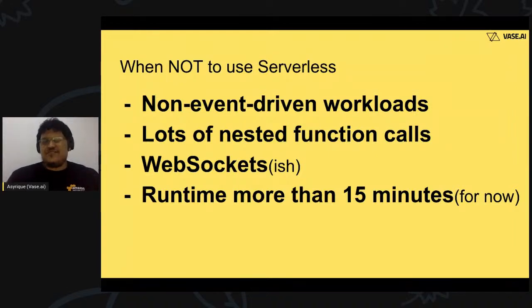Third one is kind of tied to the first one, WebSocket kinds of applications. So AWS has launched an API Gateway offering that can handle WebSockets, and it can call a Lambda on start of a WebSocket, on message in a WebSocket, and end of a WebSocket. But again, you need to think a lot harder. It's not a beginner level thing to make WebSockets work with Lambda. It's not very straightforward, like, okay, I just tie this Lambda to a WebSocket and it works. You need to actually think about,